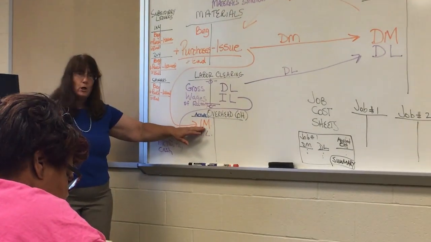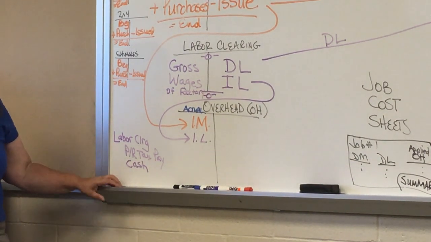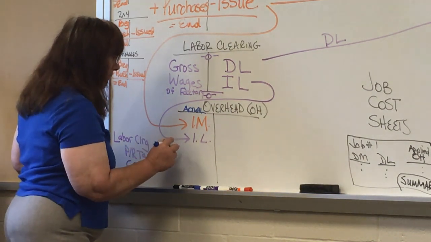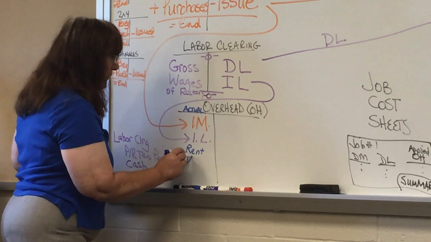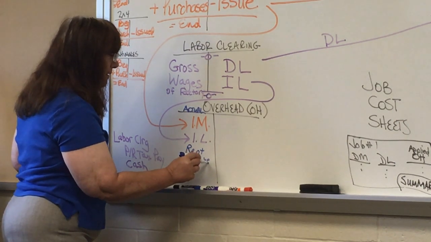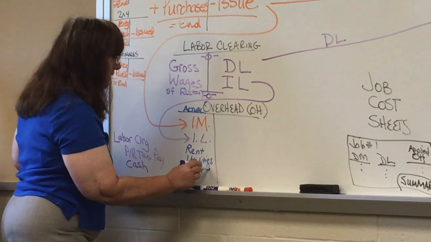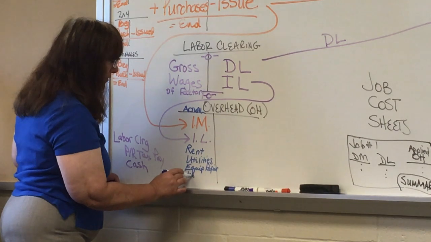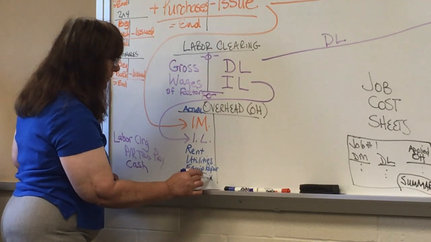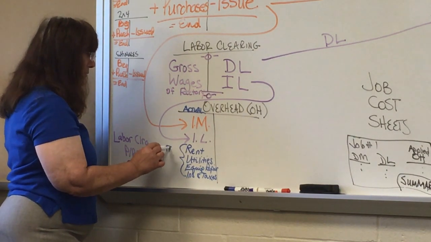So our actual indirect materials, our actual indirect labor that we pay, and we have various other actual overhead costs, such as if we pay rent for the factory building, utilities, equipment repair, insurance and tax, property taxes, okay? This is all stuff for the factory